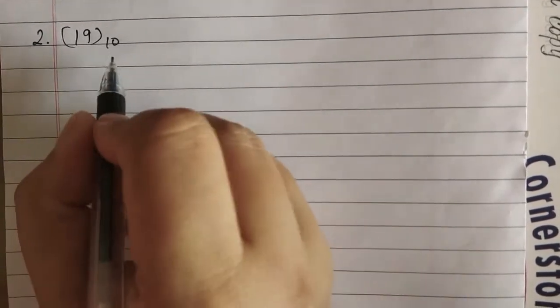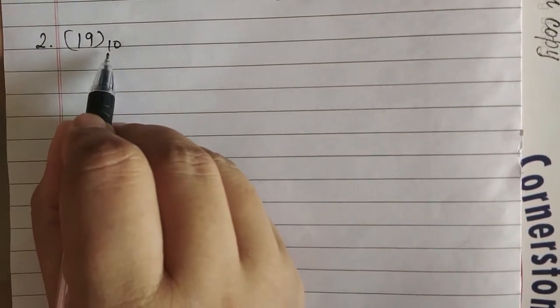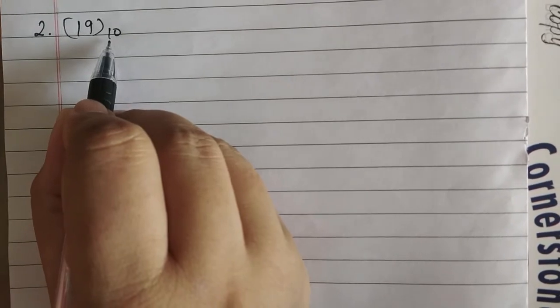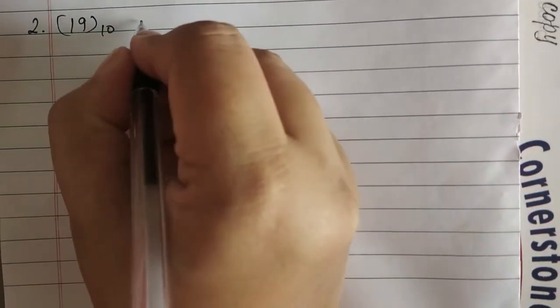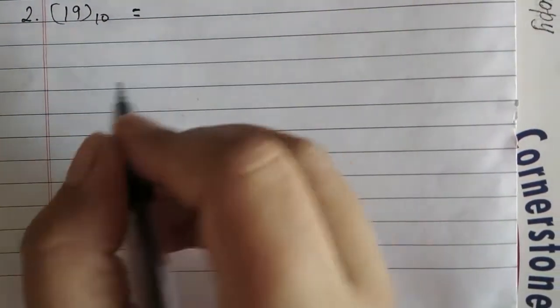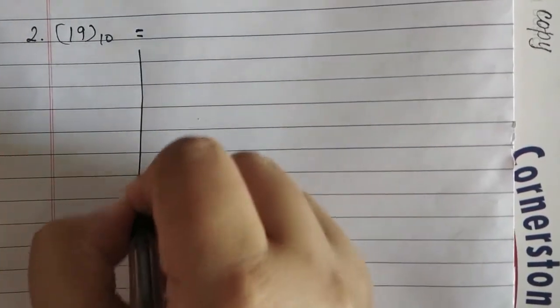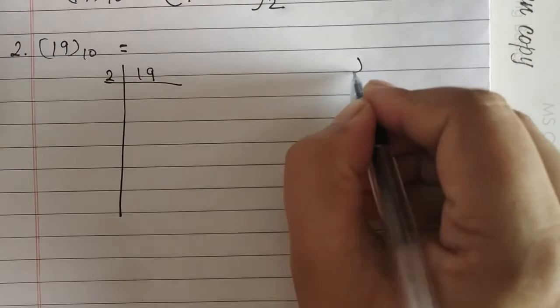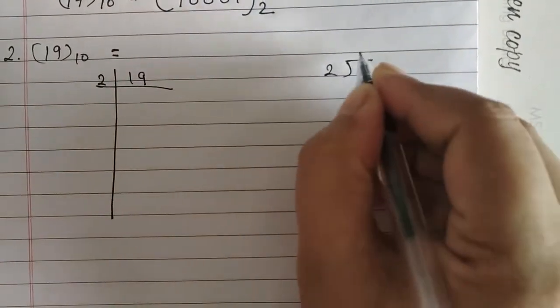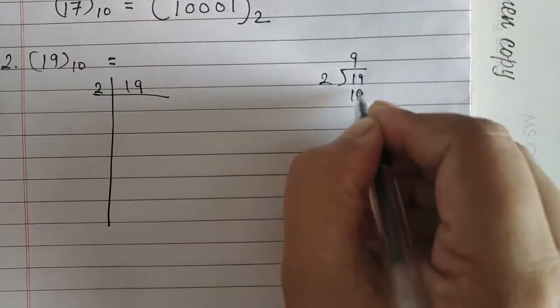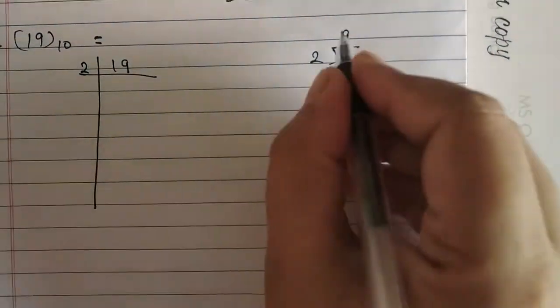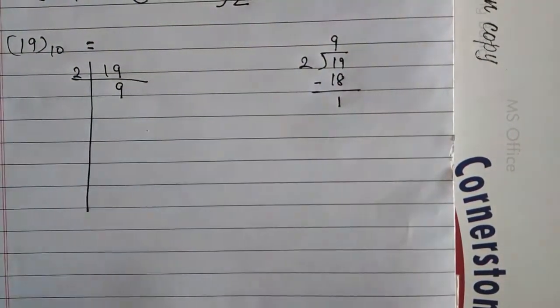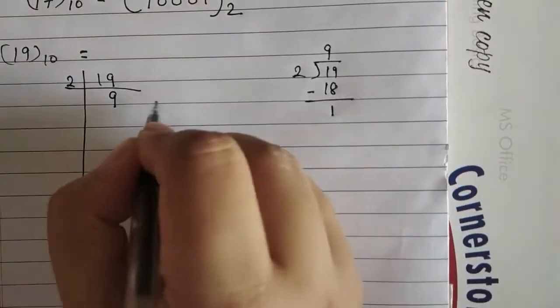So one more example I will explain you. 19. It is decimal number system because it is with base 10. And now what is the answer we have to find? So let's find the LCM. So 2. Here you write 19. Now divide 19 by 2. 2 9s is 18. Okay. So remainder is 1. So what you have to write? You have to write quotient here 9 and remainder you have to write 1 here.